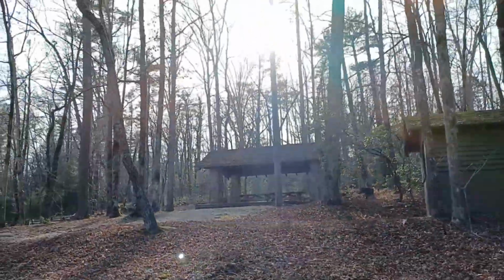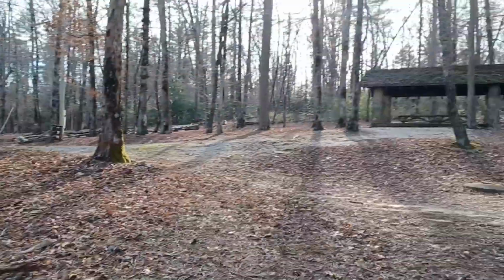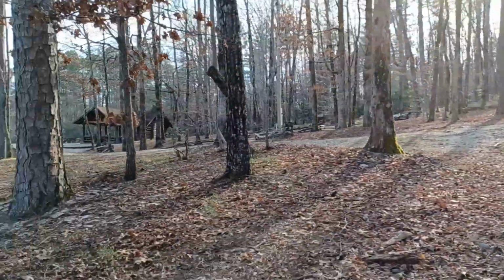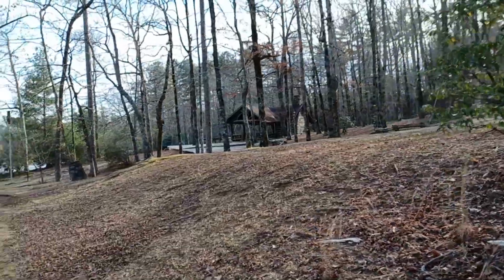So this is a little picnic area that you couldn't see from the other side. There's the bigger shelter right there for bigger picnics. There's a little one over here and a little pump house. And you can drive right to this on the road that takes you from the entrance over by the lookout,